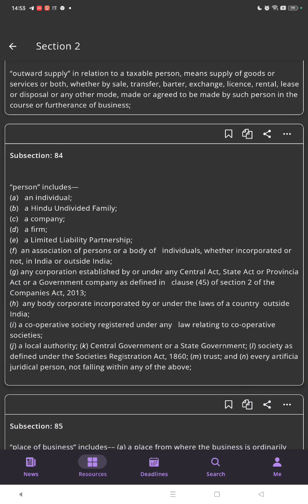Subsection 84: person includes an individual, HUF, company, a firm, limited liability partnership, an association of persons or body of individuals, whether incorporated or not, in India or outside India; any corporation established by or under any Central Act, State Act, or Provincial Act, or a government company as defined in clause 45 of section 2 of the Companies Act 2013; any body corporate incorporated under the laws of a country outside India;